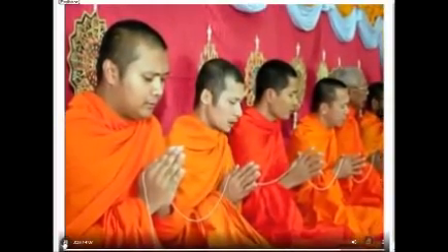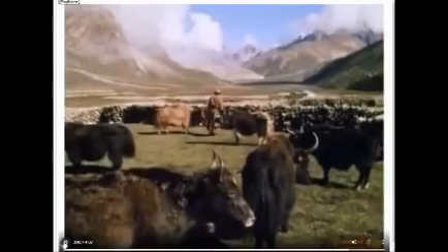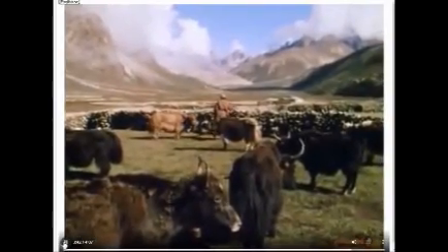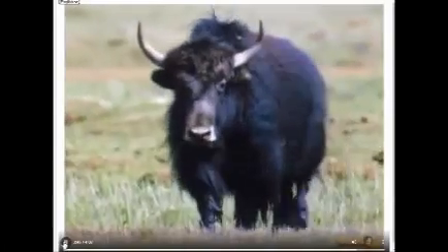Followers of Buddhism live here and there are many Buddhist temples located. People residing in the Himalayan region have domesticated the yak. Yak can live in higher altitudes than any other animal. There are now very few wild yaks left in the world. People in this region depend on yak for all their needs.